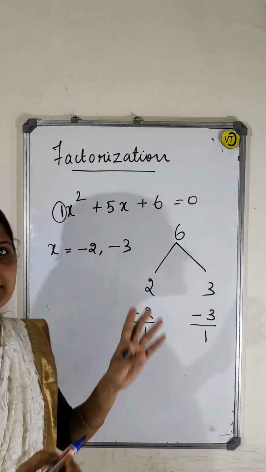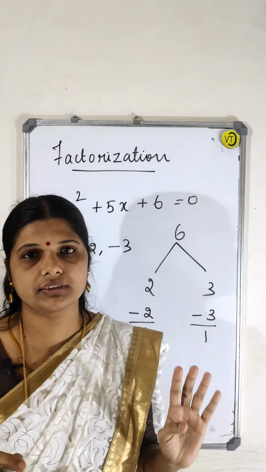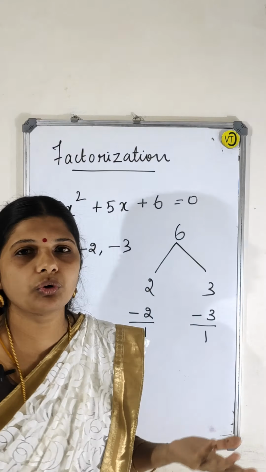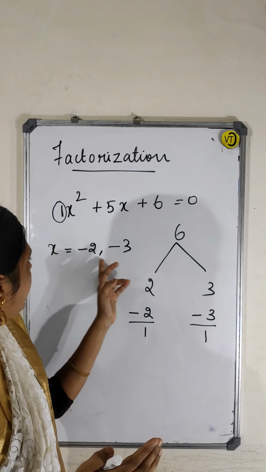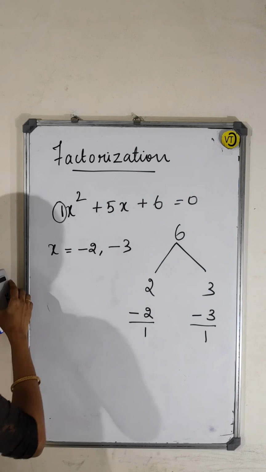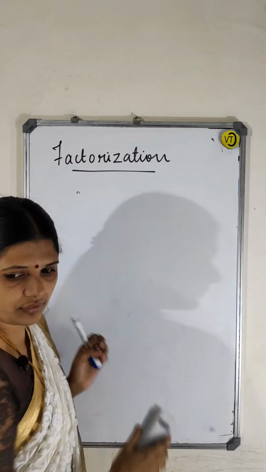See, very easily, in the first step itself I got the answer. I didn't need the 3 or 4 steps I did before, right? So you don't want this. Directly I have written the answer here. Okay, the next sum you check. Really guys, it works out. You check it.